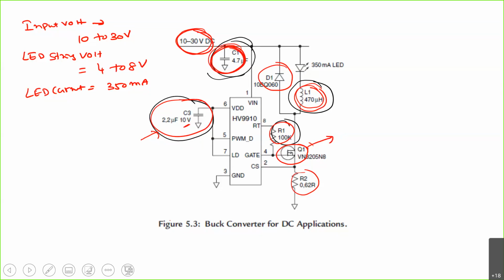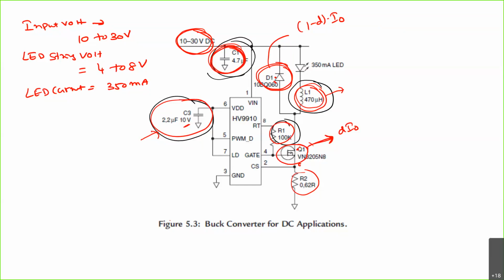If the rated current is I0, what is the average current that flows through this MOSFET? What is the current that flows through this MOSFET? These two operate complementary, right? So that means this is d I0 and this one is (1 minus d) into I0. For that, you need to identify d first, that means the duty cycle, and also the switching frequency, so that you can calculate the L value.